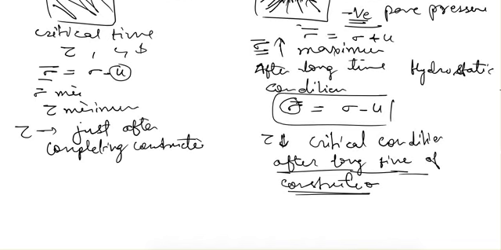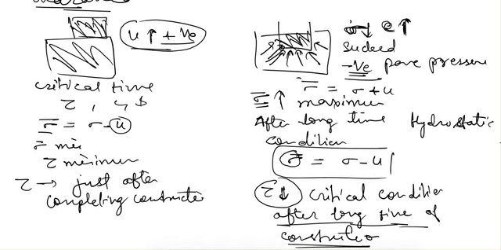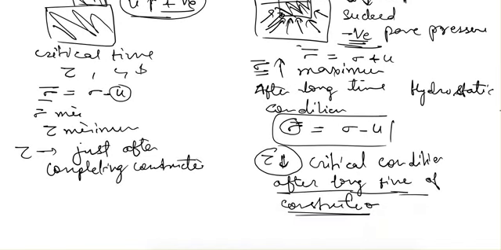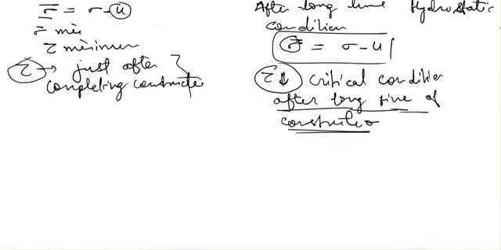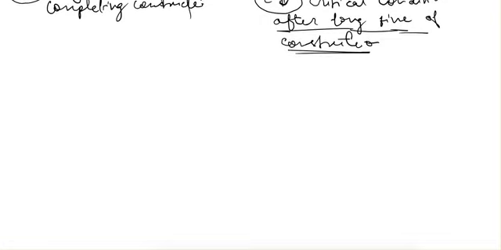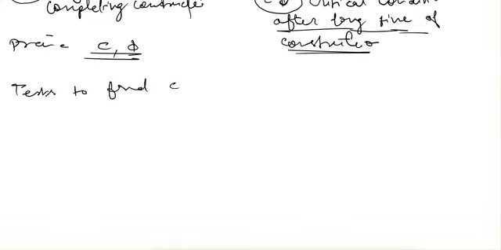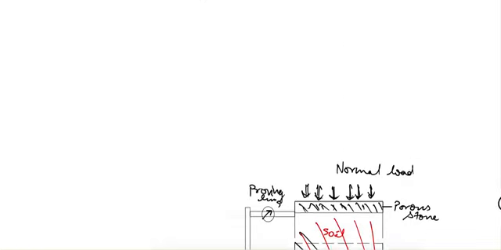So we'll find out the shear strength in case of negative pore pressure after a long time, and in case of positive pore pressure we will find out the shear strength and shear strength parameters just after the completion of construction. And similarly in case of drained condition, we'll find out the shear strength just after the construction. So this is all about the drained or undrained condition, and depending upon that when we have to find out C and phi. Next we will see the tests to find these values of C and phi. So first is direct shear test.